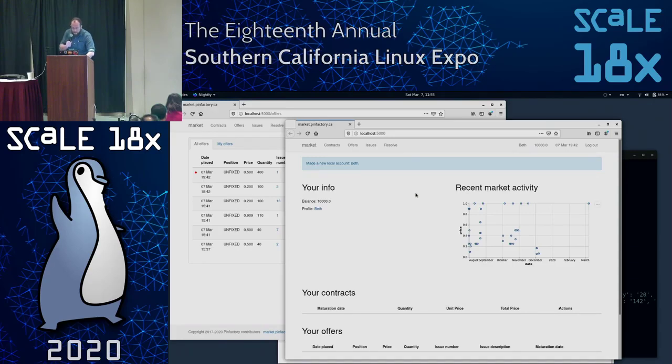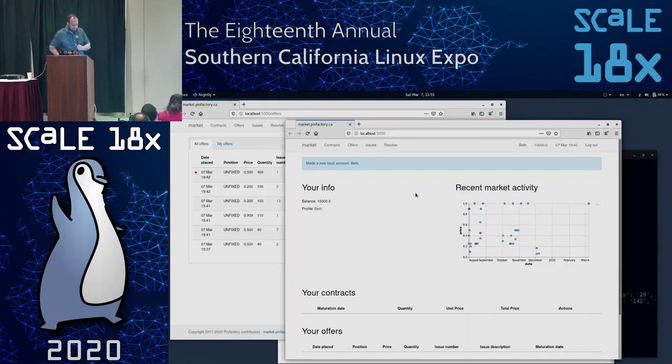Okay, so this browser window is another session. I'm doing these with different Firefox profiles, by the way, so they're all Firefox browser, but they're completely separate sessions, which is really handy for multi-user demos.